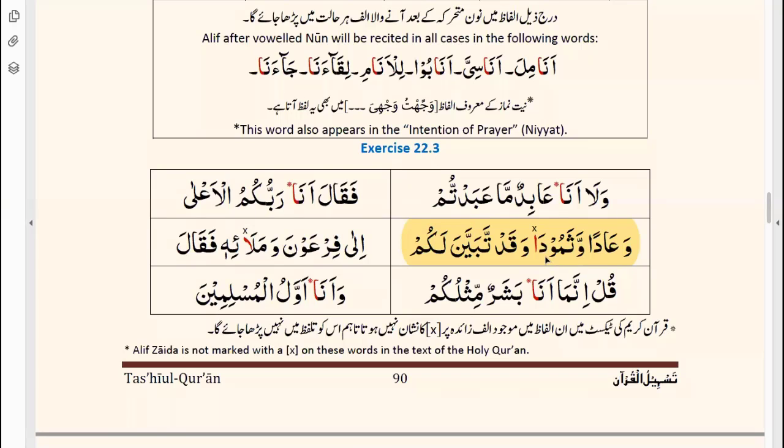Excellent, good. Now, in this sentence here, we have a dal and we have an alif zaida. So normally we would look at this as an alif madda. If we were taking a pause here, we would pronounce it. But in continuation, because we're going to try and recite the whole line, we are not going to pronounce this little cross on the top. Okay? So I'm going to recite it once, listen carefully, and then if you need me, I'll help you and we'll break it down, else you can have a go by yourself. Okay? So,